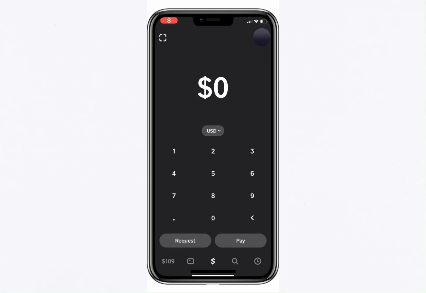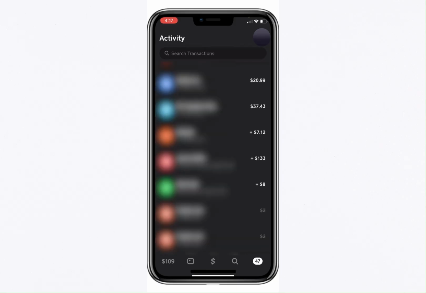To check if you've received a payment, open the app and look at the bottom right corner of the screen. Tap there to see your activity feed. This is where you'll find a list of all your recent transactions. If you see a transaction with a small plus sign next to it, that means money was